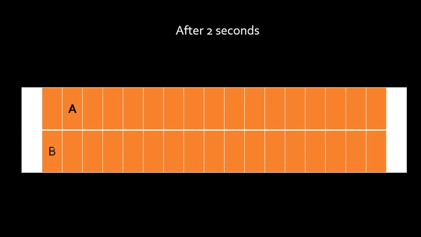Okay, so after the next 2 seconds means after 4 seconds. Okay, after 4 seconds, they'll still be moving. So A is still ahead, B is trailing behind. Okay, so like this, if they keep moving, observe after 6 seconds, A is ahead. After 8 seconds, A is ahead. After 10 seconds, also A is leading. But after 12 seconds, both A and B are along the same line. And after 14 seconds, look at this, B has overtaken A, right? B has overtaken A and B has reached the finish line first, right?